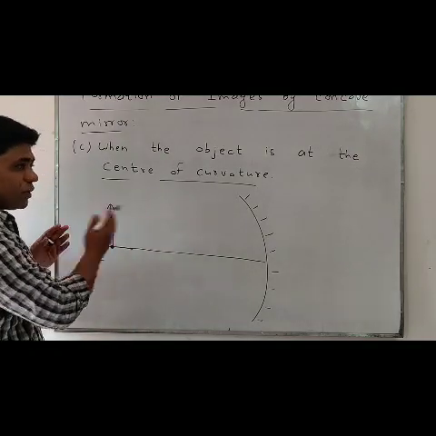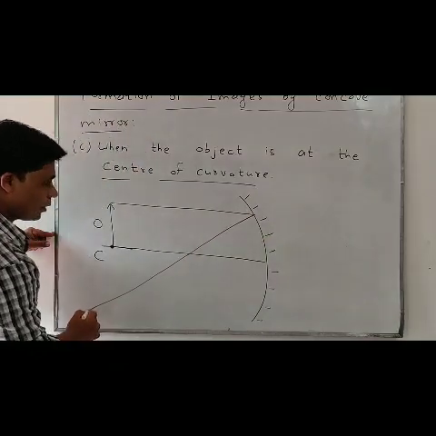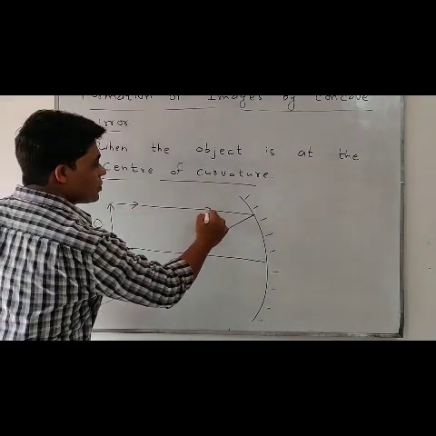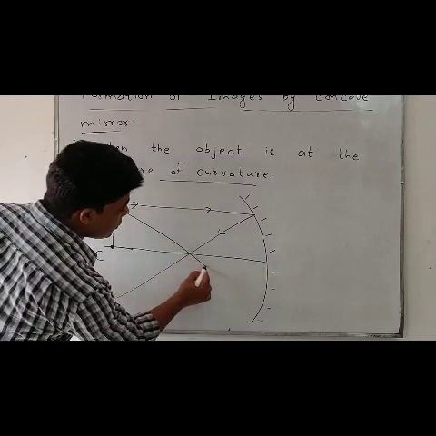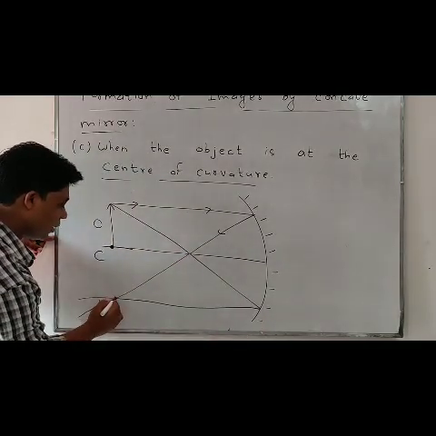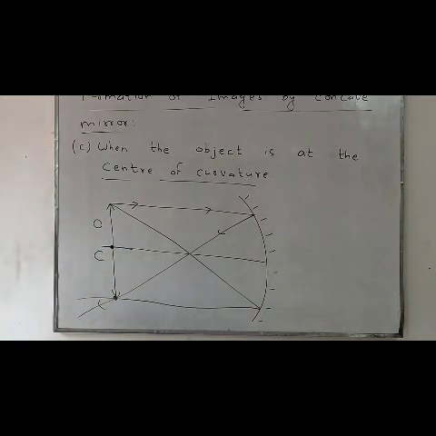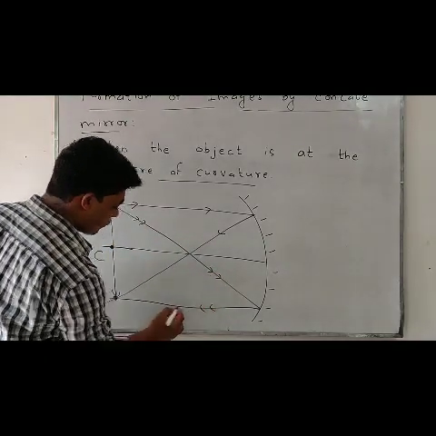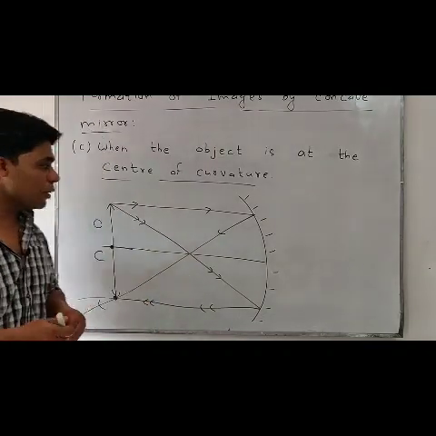The object will release light rays. A ray is incident, it gets reflected. Okay students, I'm going to make a single arrow. Now another ray is incident and it will intersect at this point. I'm showing it by a double arrow sign, so you will not face any difficulty in understanding the path of the light rays. That is the most important part.